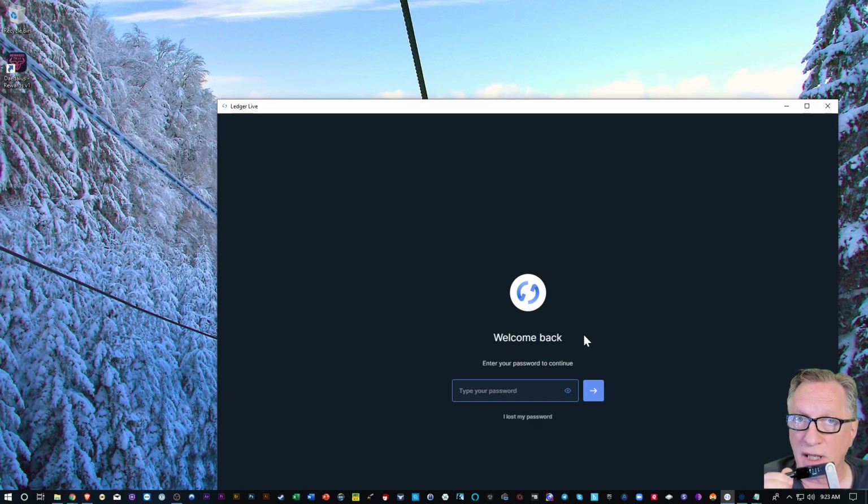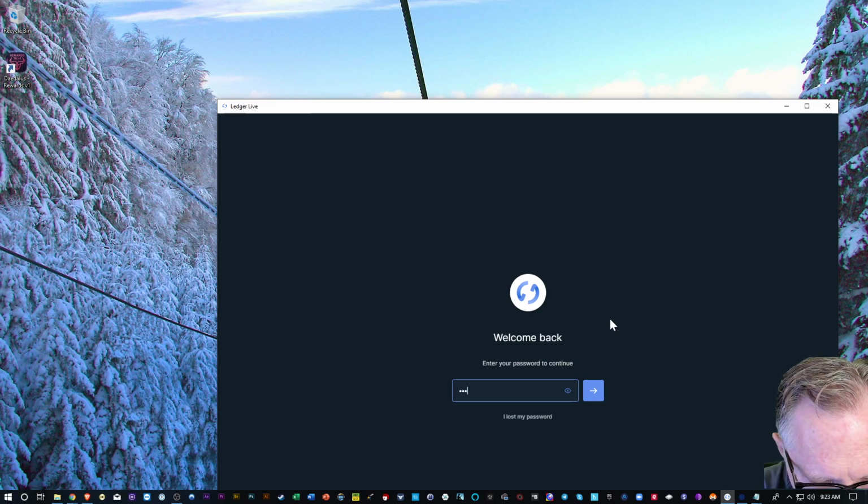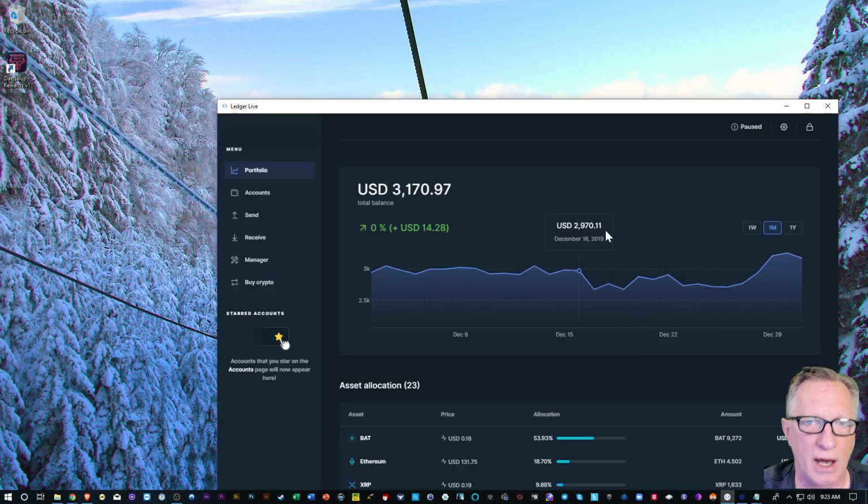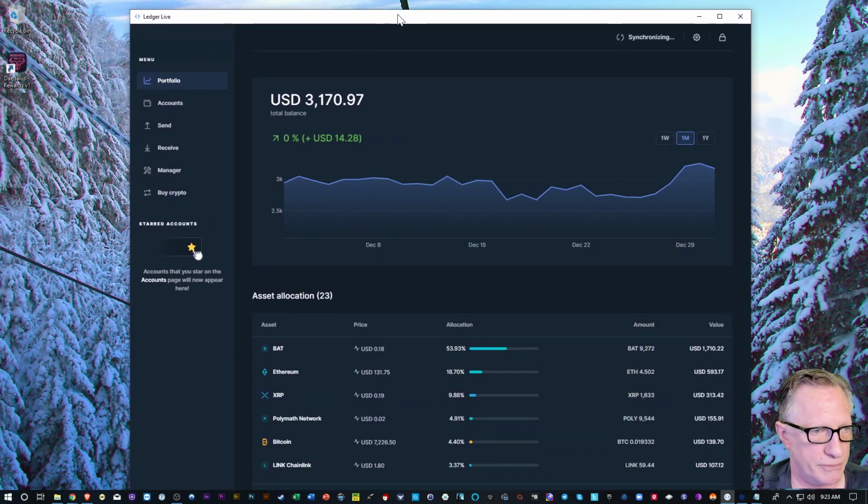Now, we talked about that. Private keys are really long numbers that are used in cryptography to prove ownership. So if I want to send a Bitcoin from my Ledger wallet, I have to prove that I own that Bitcoin.